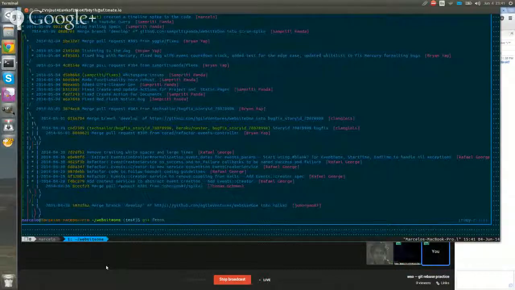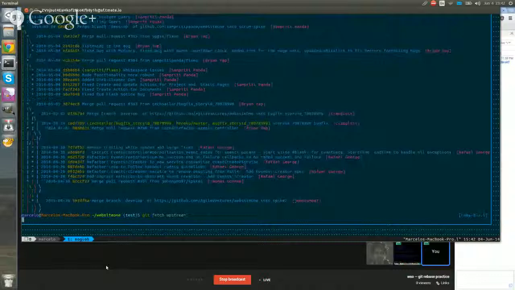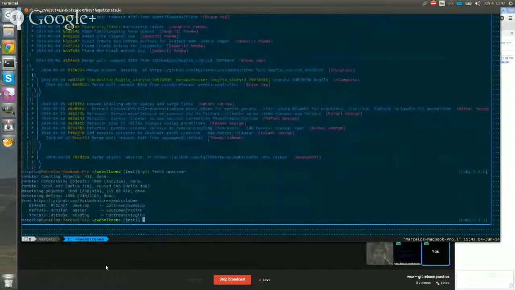So let me show you the difference between a merge and a rebase. It will only be visible in the history. So let me fetch upstream. Now we've got a new, fresh copy of develop in the remote branch upstream develop, right? Okay.